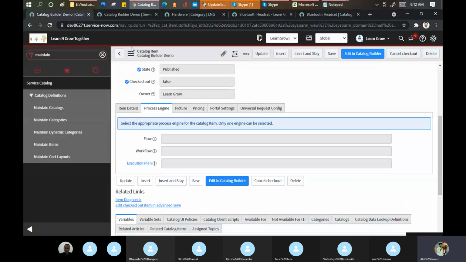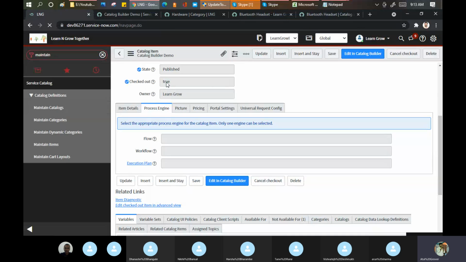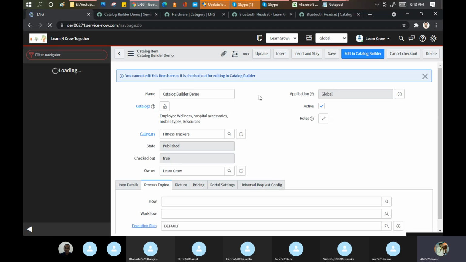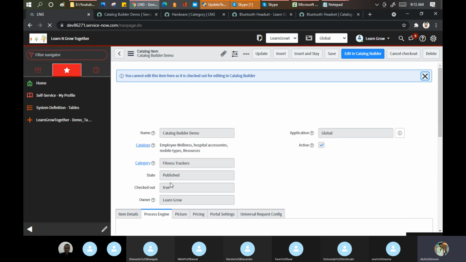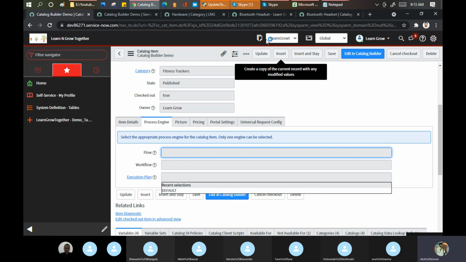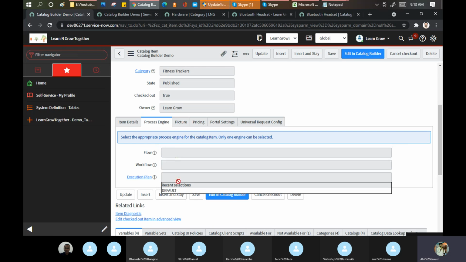Okay, now go here and just reload my page. See, checked out, true now. So now I can make a change easily in this particular place. So I remove this and let me put a flow here, because we see in the catalog builder we cannot use the, so it is not allowing me to do it now. Why is it not allowing me? Maybe they introduced this functionality now that you cannot create a catalog item from there. If you want to create, you have to put the flow or the flow designer before that only.